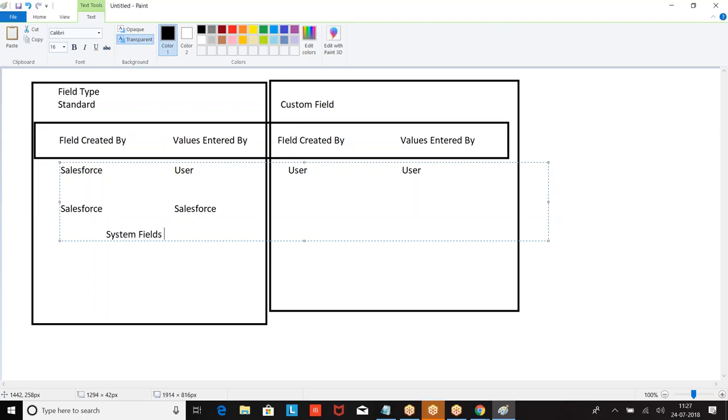Fields created by Salesforce are standard. Fields created by the user are custom. Now, some of the standard fields are also called system fields. What do you mean by a system field? Fields created by Salesforce. Values are also created by Salesforce. You can only use it. You cannot modify it. Such types of fields are called system fields.